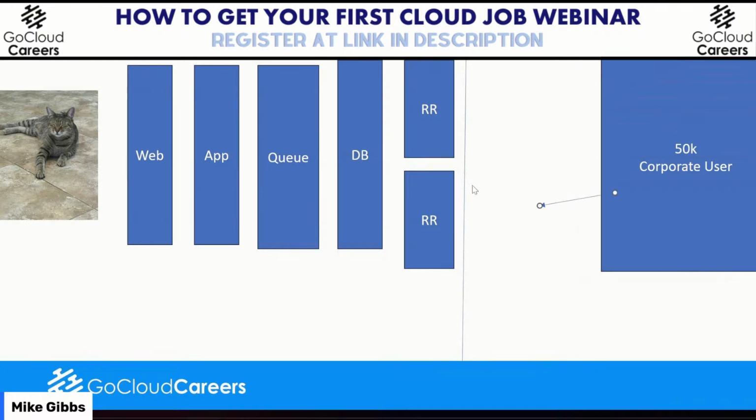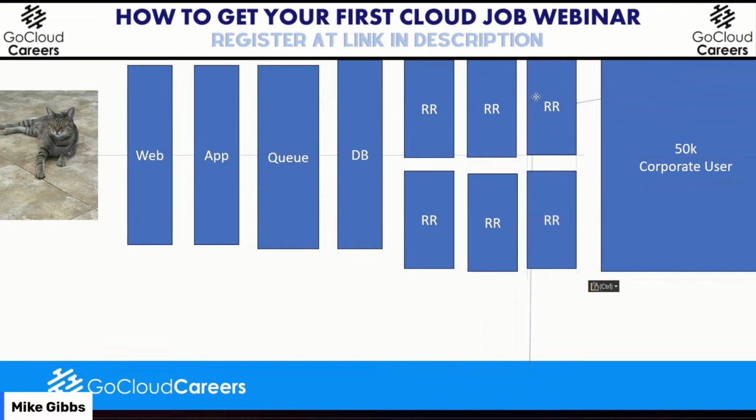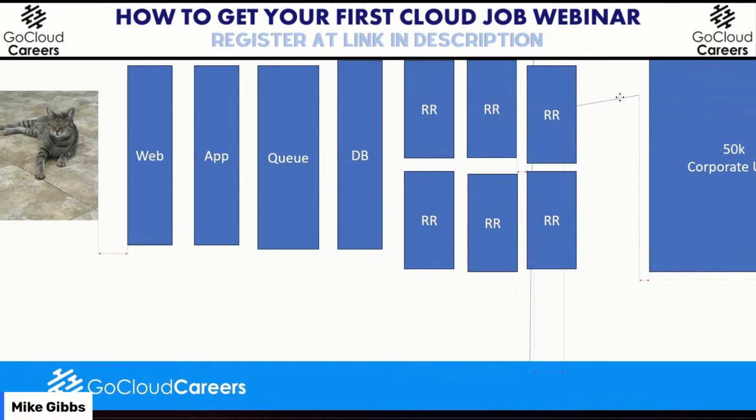So then we need to look at our information and say, well, if all the information is different, then just add a lot more read replicas if it's different every time. And what's each read replica? Another server, which costs a lot of money, especially in the cloud. They cost much more than they would in the data center. So we've got a whole bunch of read replicas. And now all of a sudden, even though we've got a whole bunch of read replicas, we still don't have enough for the people at the company trying to figure out what their sales bonus is going to be on the pet food.